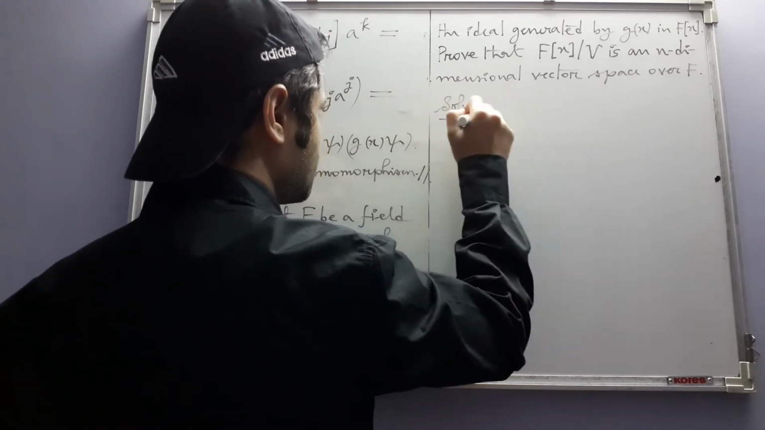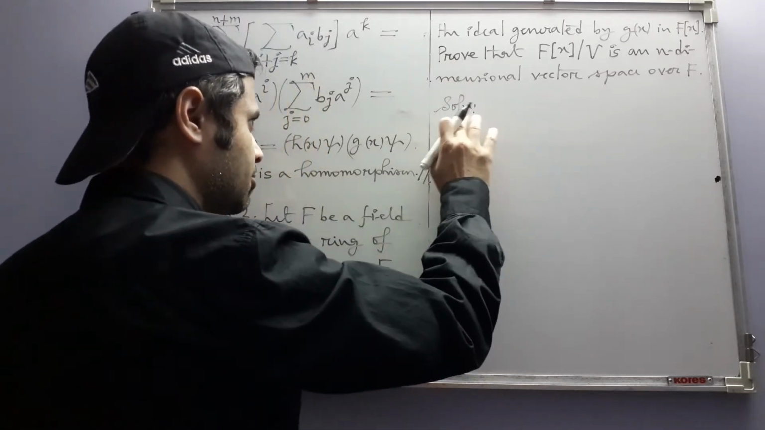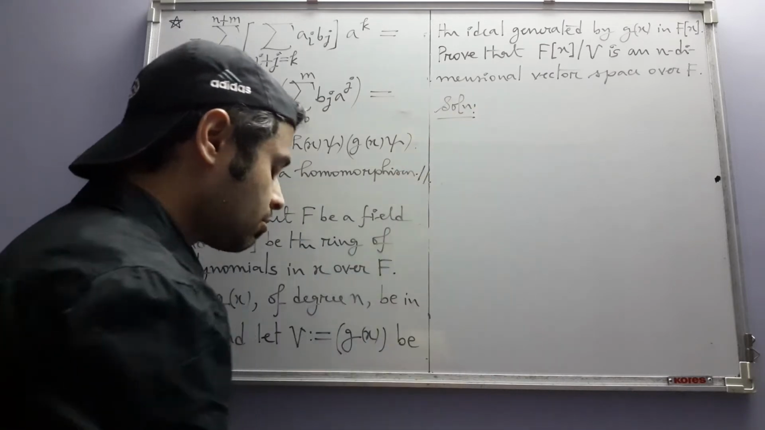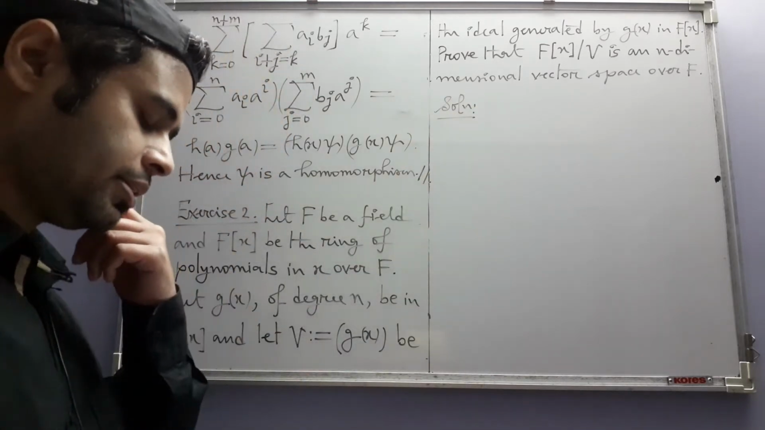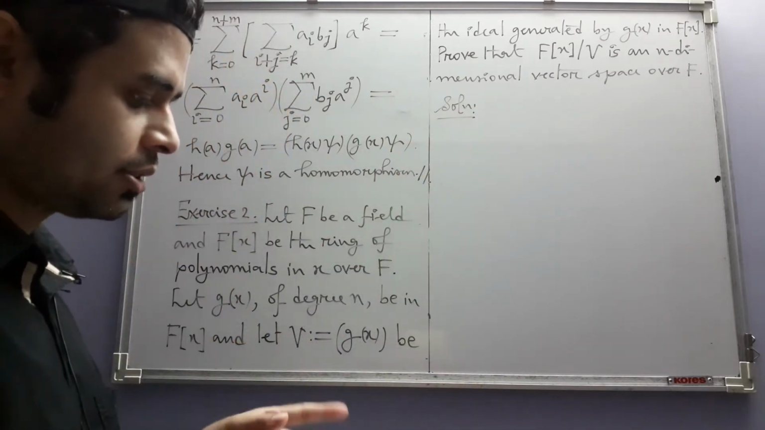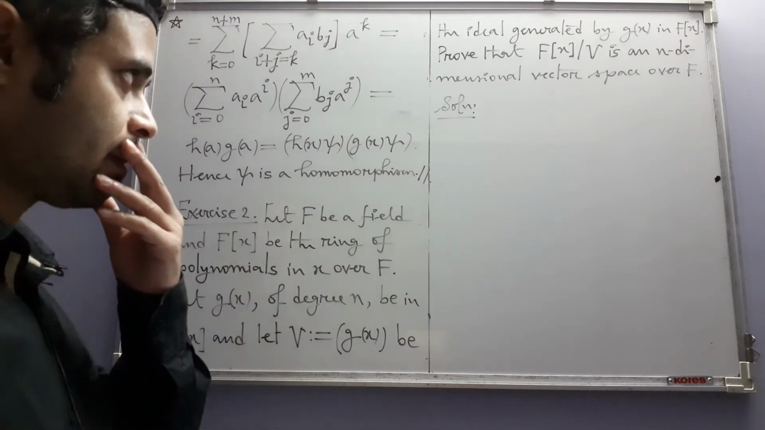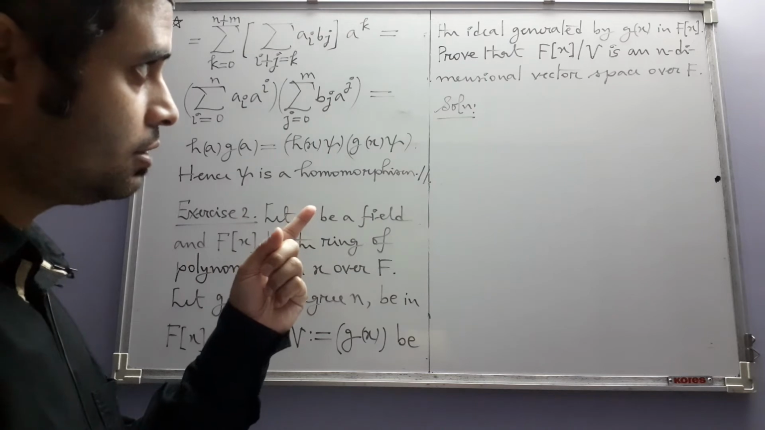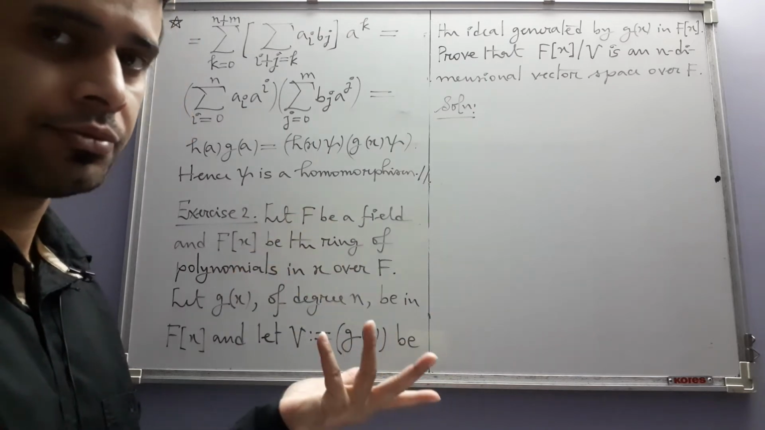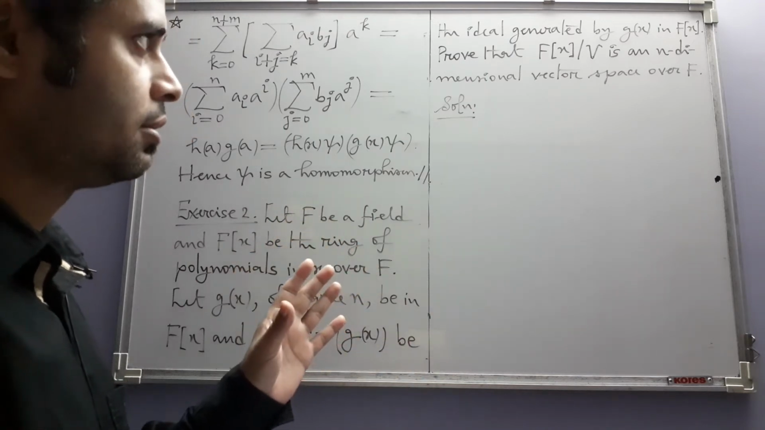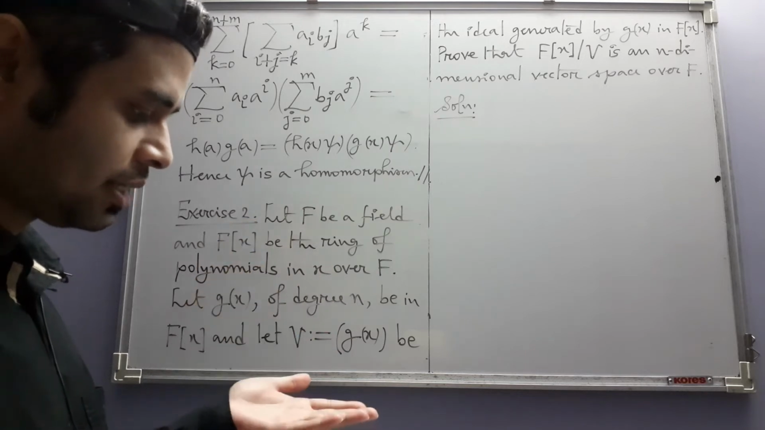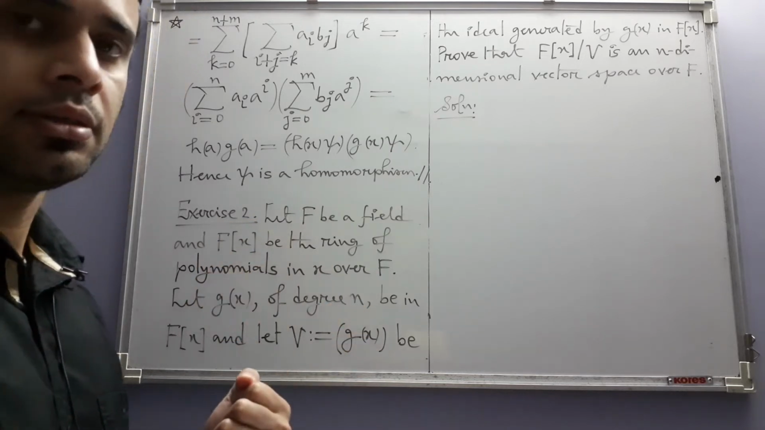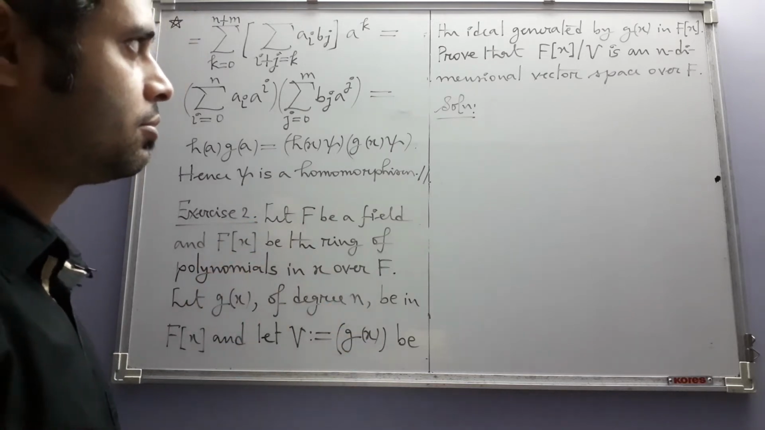I have a solution here, but now I am noticing that the solution is incomplete. Incomplete in the sense that in this solution that I have written here, I have assumed that this is a vector space over F. That is the first thing, and I have just shown that the dimension is n. Now